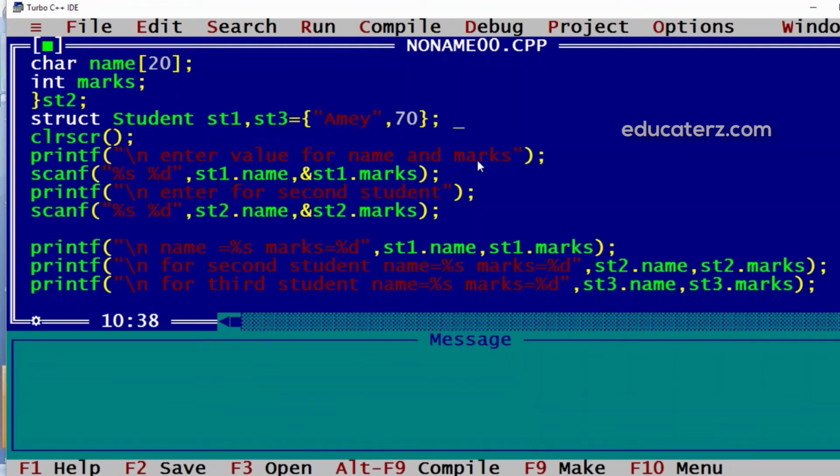Now one more concept we have, that just like arrays, memory for structure elements is also continuous. If we want to display the memory, then we will go for one more printf statement where I'll display the memory of one of the elements, and we'll find that the memory for the character array is allocated, and as soon as it ends, memory for marks will start.